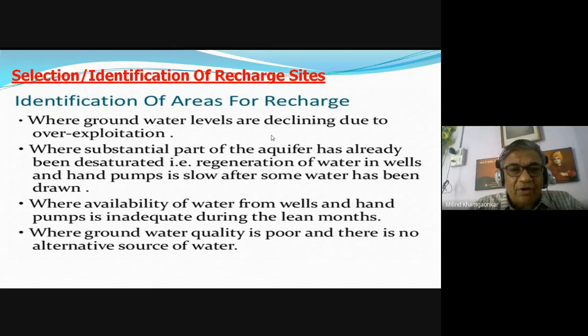तो वो जहां पे ग्राउंड वाटर लेवल या पिज़ोमेट्रिक सरफेस are declining due to the over exploitation. Exploitation and overuse, over pumping out, where a substantial part of the aquifer has already been desaturated, यानी एक्वीफर पूरे खाली हो गए हैं, desaturate हो गए हैं. That is, regeneration of water in wells and hand pumps is slow after some water has been drawn,